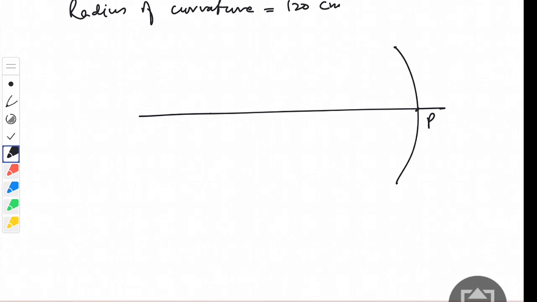So let's say this is the center of curvature, and the object